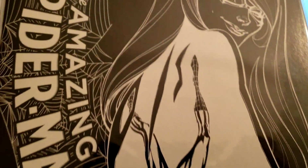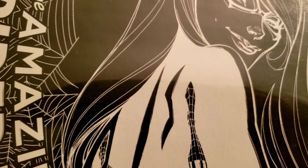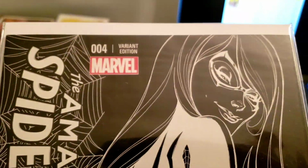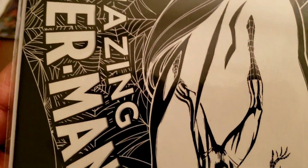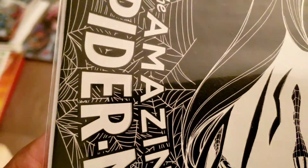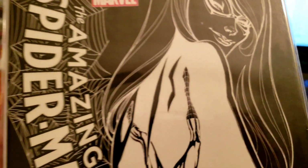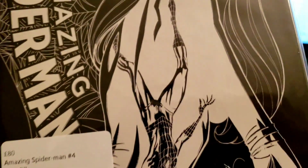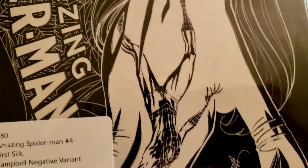The other 2 books that I have for her are like this book in 9.8. One of them is signed by Campbell, and the other one is just a regular 9.8. And I'm going to have this one pressed and graded. I'm hoping to get a 9.8 on this, but if it comes back a 9.6, I'm good. If it comes back a 9.4, I think it'll be worth it for me. Anything under a 9.4 is atrocious,